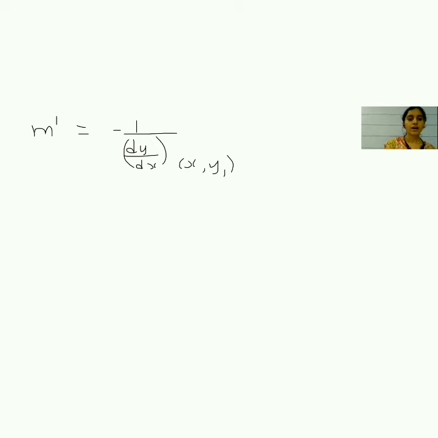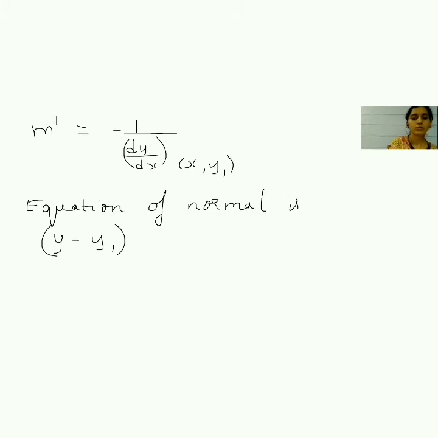And what will be the equation of this normal? The equation of normal is y minus y1 equal to m dash into x minus x1. The same way we write the equation, but our m dash, that is the slope, will change. So it is equal to minus 1 upon dy by dx at x1 y1,